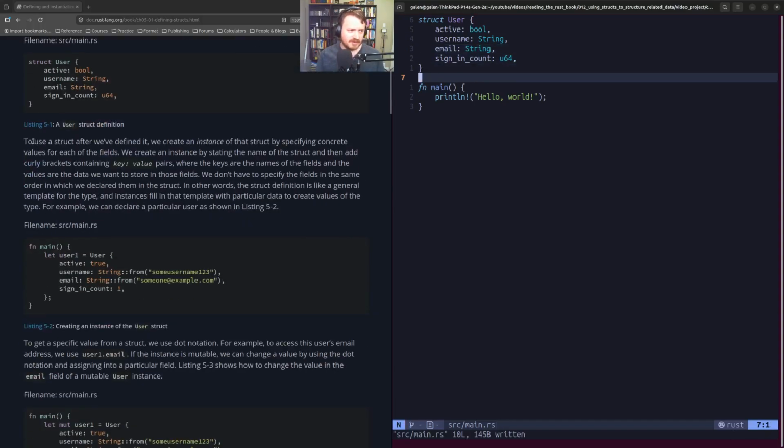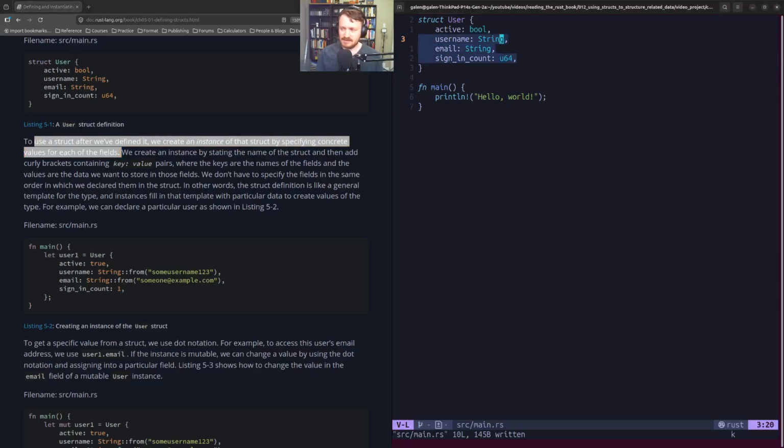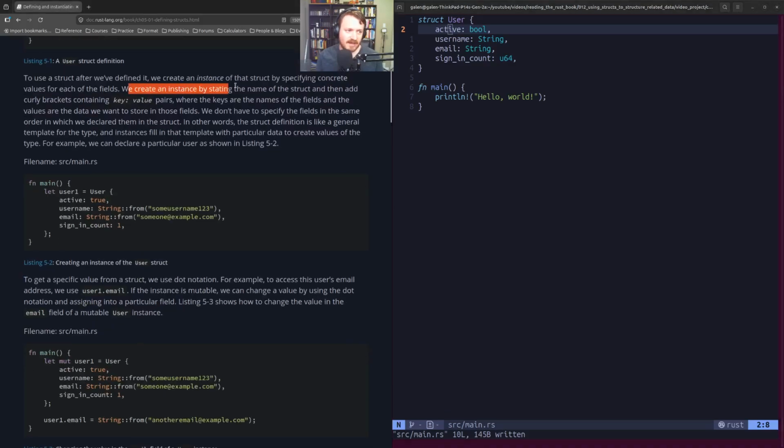Okay, so to use a struct after we've defined it, we create an instance of that struct by specifying concrete values for each of the fields. These are really just placeholders for things to exist, and these are the names that you can access the fields by later, but for whatever the content is, you have to supply that when you make the struct. So we create an instance by stating the name of the struct and then add curly brackets containing key, value pairs, where the keys are the names of the fields and the values are the data that we want to store in those fields. We don't have to specify the fields in the same order in which we declared them